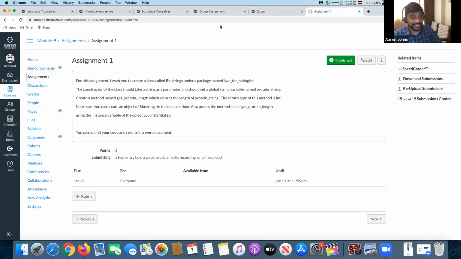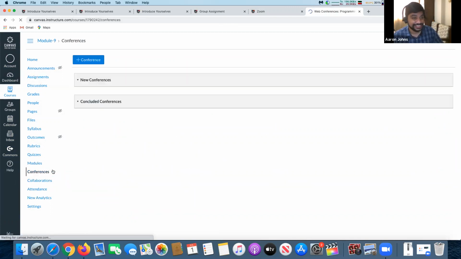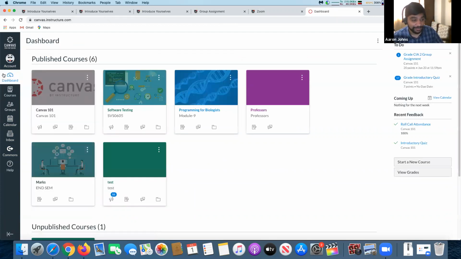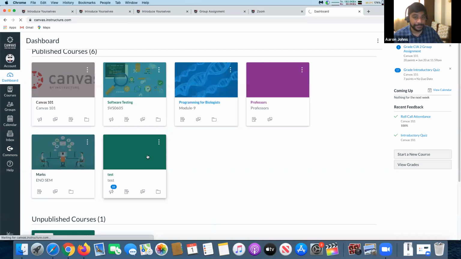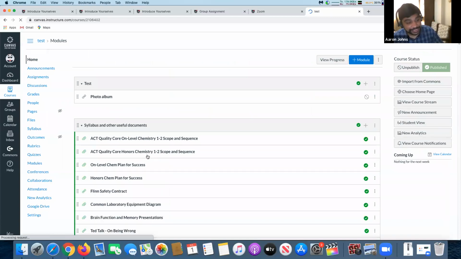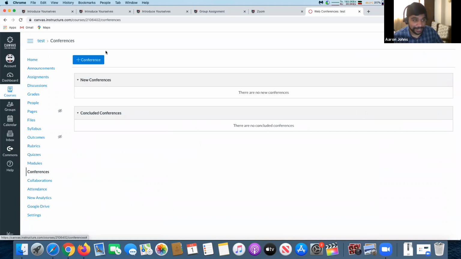But I'll tell you another thing, the Canvas which is provided by the company provides you another thing. It provides you with conferences. Now conferences work on Big Blue Button. Big Blue Button is another software which is used. If you are hosting your own Canvas, it's recommended that you put in Zoom because many people are comfortable with Zoom. But if you're using the free for teachers account from Canvas Instructure, then they provide you with a conferencing tool already called Big Blue Button.